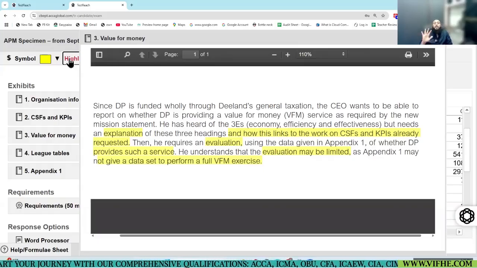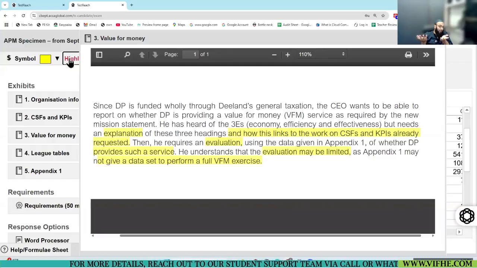Okay, so 3 things. Listen, I'll jump towards the answer now. 1, 3 explanations. 2, how these 3 can be linked to CSFs and KPIs that you identified in the first part. 3rd, perform a VFM exercise.